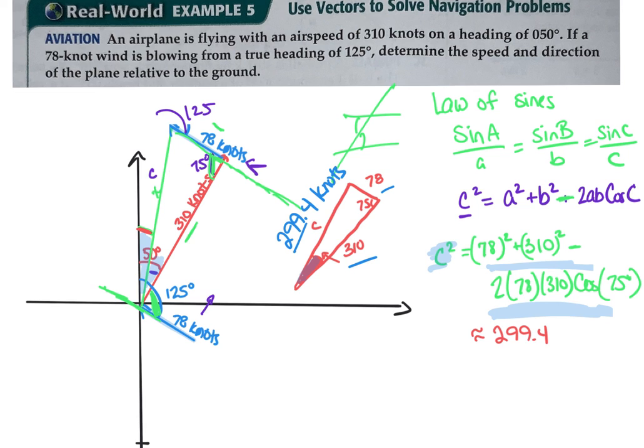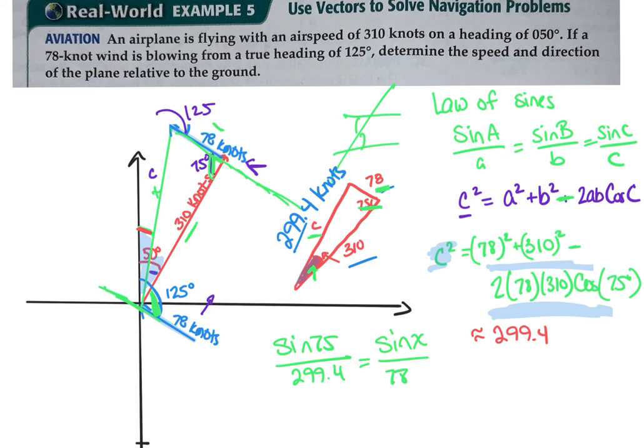So now we don't have to use law of cosines again, nor would I. We can use law of sines, which is a much easier thing to use. So now I can go back and say, okay, I don't need him. I have my 75 degrees, so sine of 75 over the side opposite that, which I just solved for, 299.4, equals, I'm trying to solve for this one, so we're going to use the 78. So sine of the angle I'm looking for, which they use some Greek letter, we'll use just x,